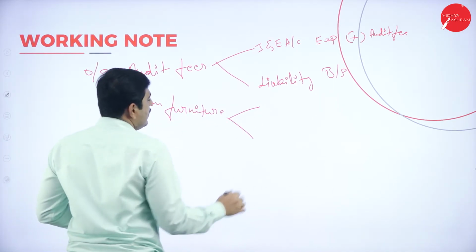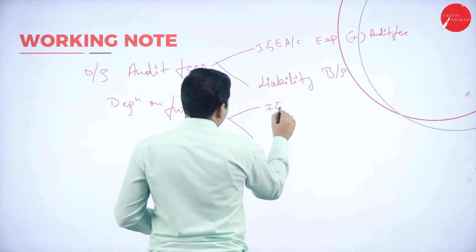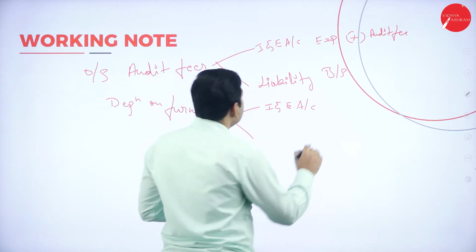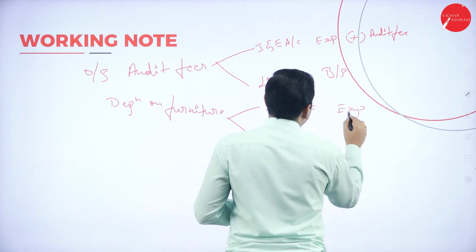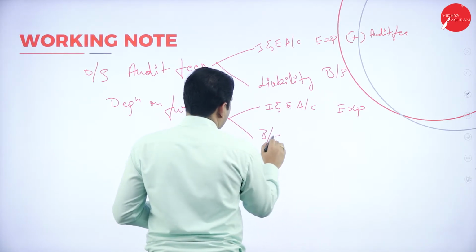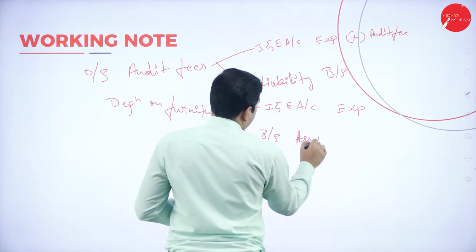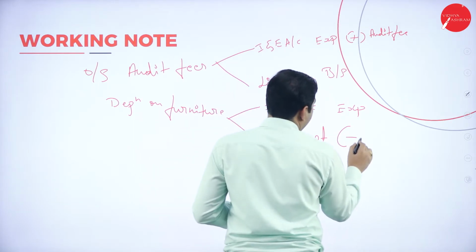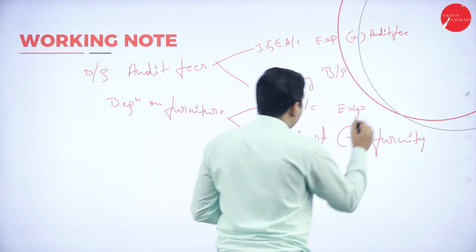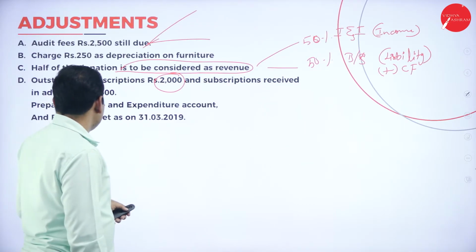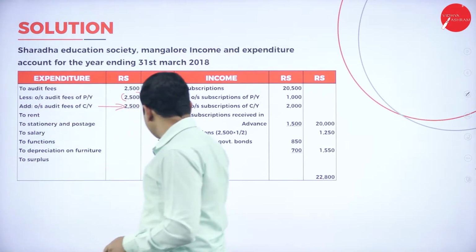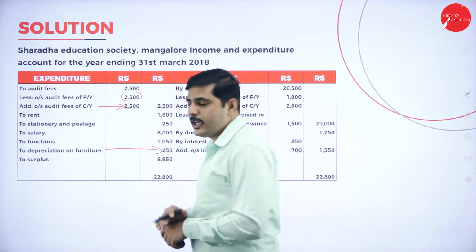where we have to show first one, income and expenditure account, expenses side. So we have to show it again, balance sheet, asset side, we have to deduct from furniture. Again I will show here. Look at the problem here. See, we have shown here. So depreciation on furniture, we have to show here, depreciation on furniture 250.